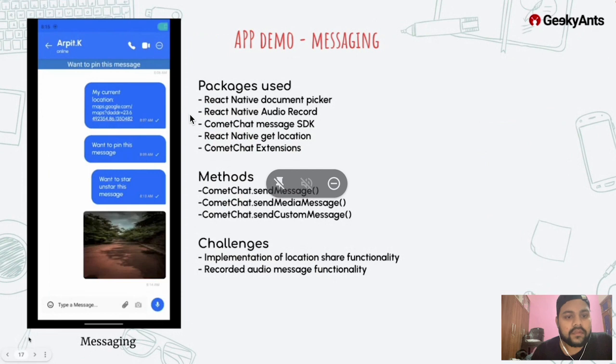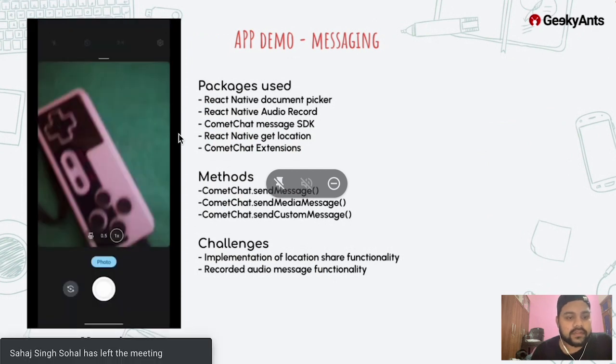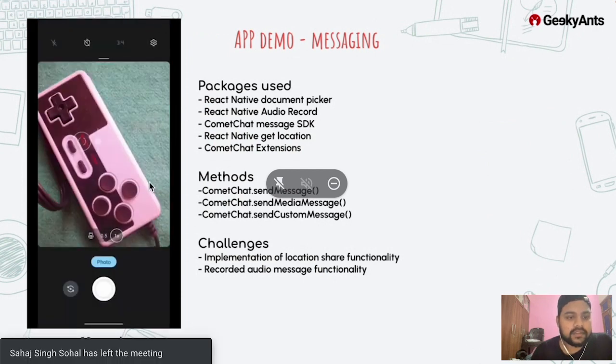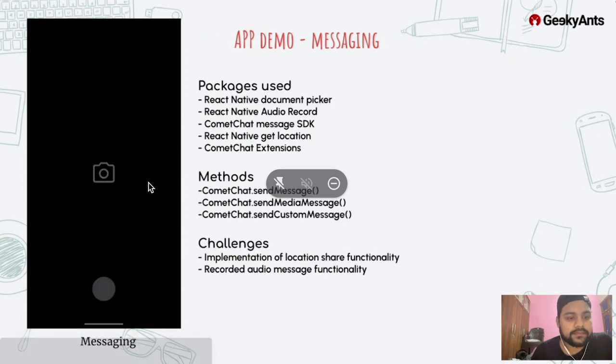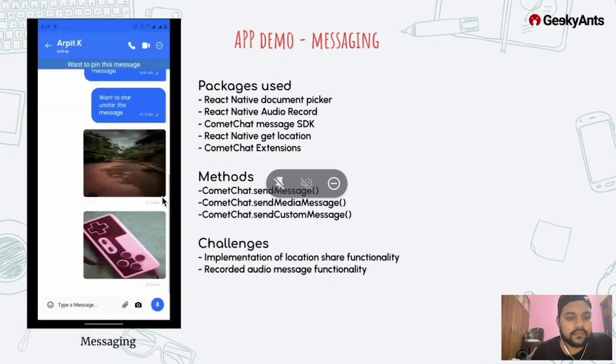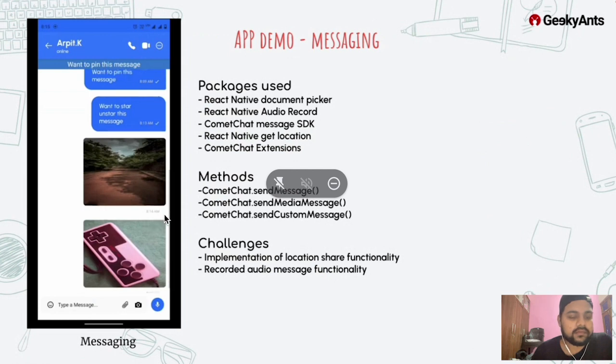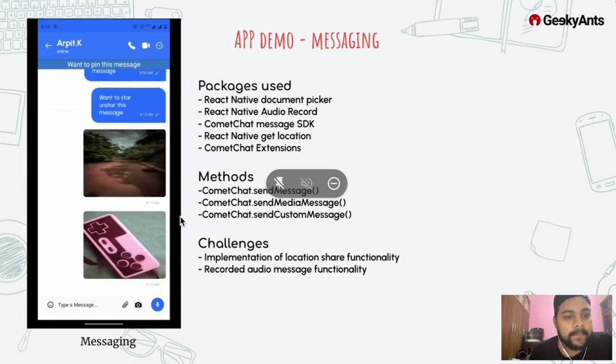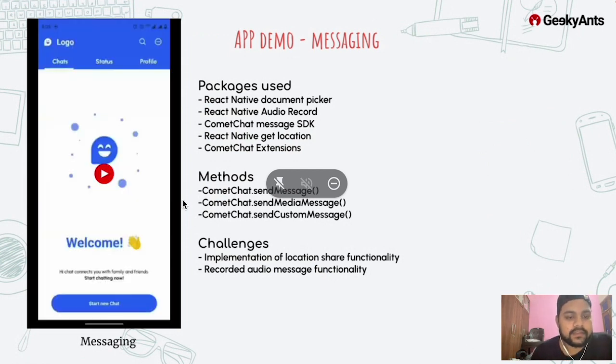So that's how it is working. And there's a camera, you can just capture an image and send it to the user. You can see this is how it works. Okay, so in that whole feature, we use packages like React Native Document Picker, React Native